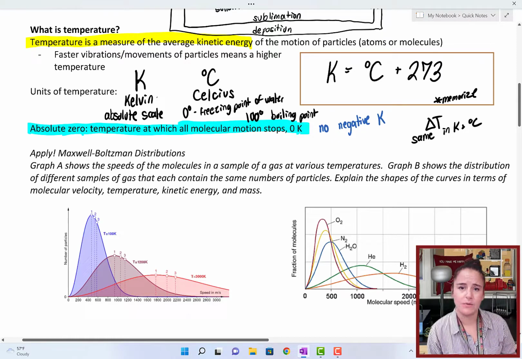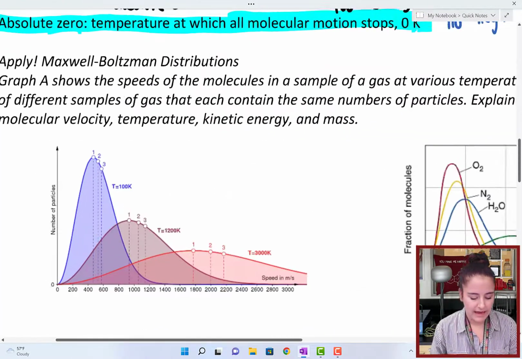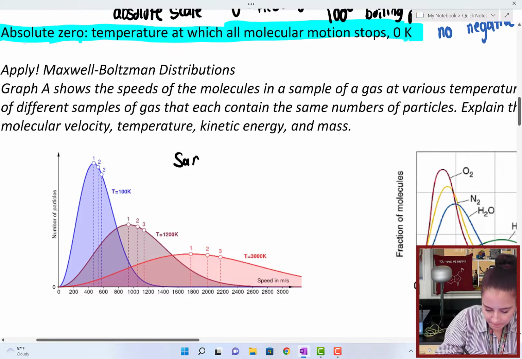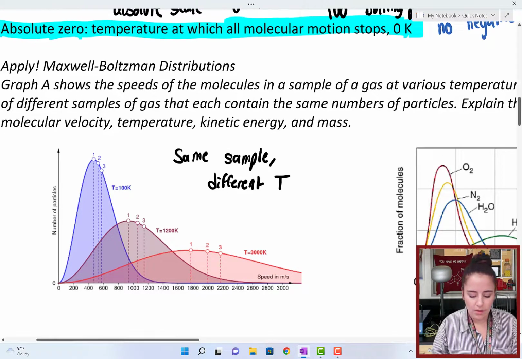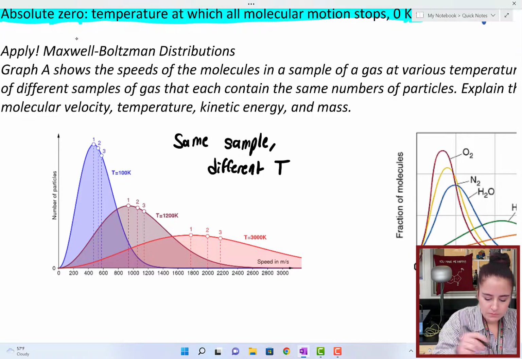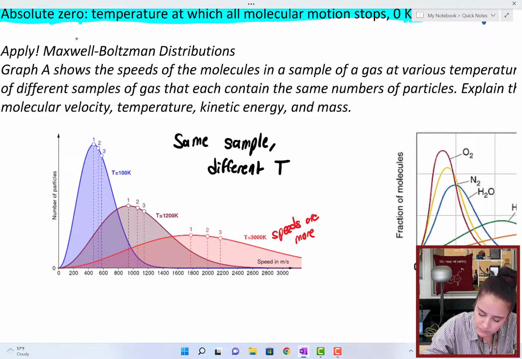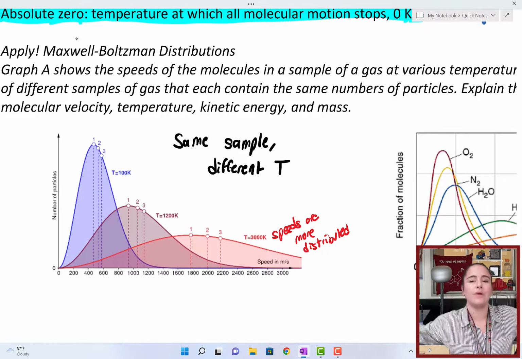Now, let's look at these. These are called Maxwell-Boltzmann distributions. And what they show is the distributions of molecular speeds in a sample of a gas. So in gas A right here, this is the same sample, but at different temperatures. So what you'll notice is that at the higher temperature, the speeds are more distributed. So it's not that all of the molecules are moving faster, it's that they have a wider range of speeds